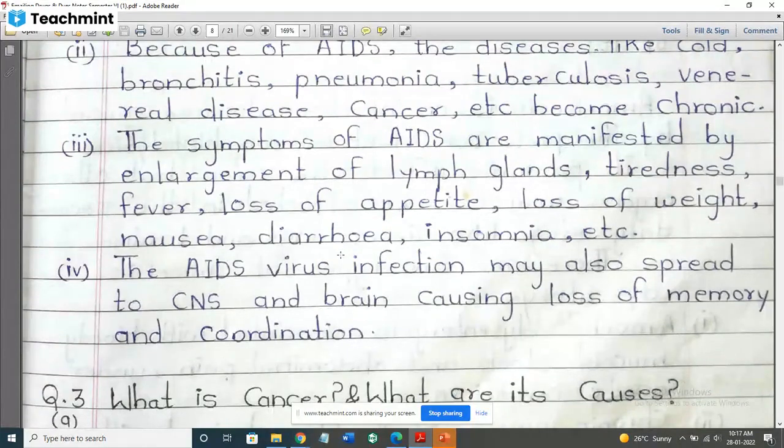The AIDS virus infection may also be spread to the central nervous system and the brain, causing loss of memory and